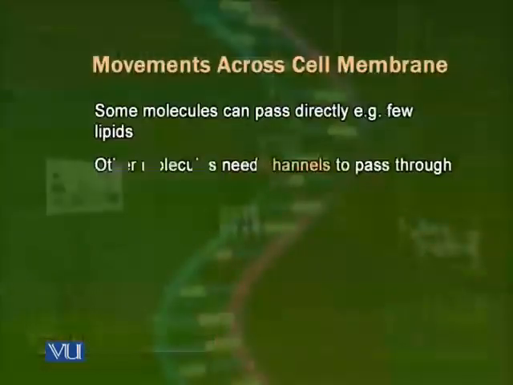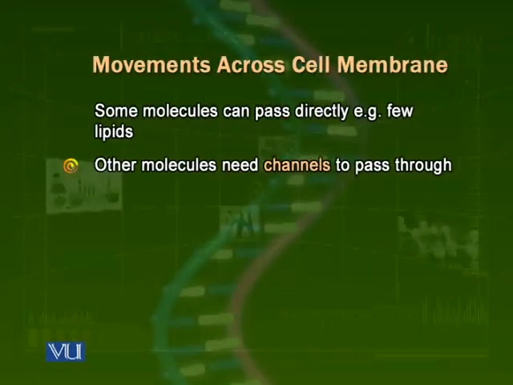There are certain molecules which are lipid-like. As we know from the structure of the cell membrane overall, if a molecule is like a lipid, for example, a fat type hormone, it can directly pass through the cell membrane and come inside, or it can pass out, but the other molecules